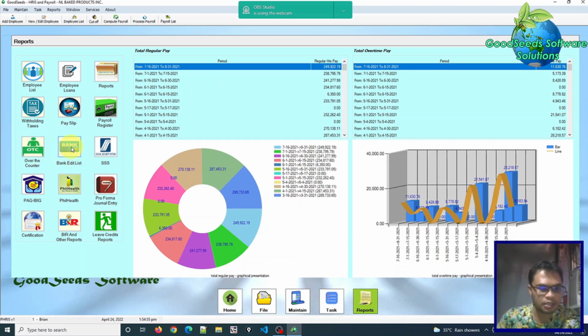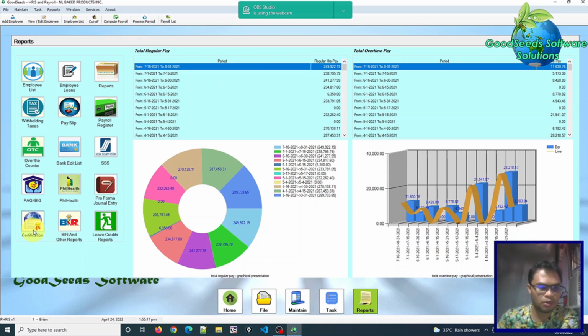Then bank edit list, all those reports related to SSS, all those related to Pag-IBIG, all those related to PhilHealth. On this one, this is where you can generate a report for the pro forma journal entry, ready for journal entry in your accounting or book of accounts.